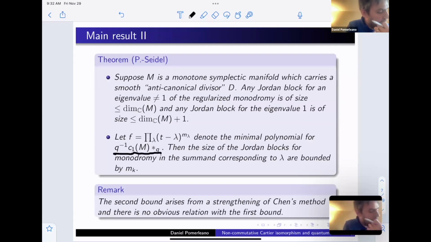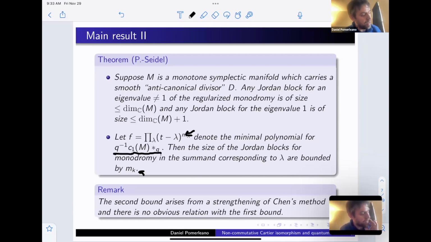And then what happens here? So for each eigenvalue, we get a quantum multiplication. One gets a regularized monodromy, and then the size of the Jordan blocks of those monodromies in this case are bounded by the largest Jordan block that appears in quantum multiplication. So the exponent that appears in this minimal polynomial. Hopefully what I'm saying makes sense. There are two different Jordan block sizes here, one about quantum multiplication and one about these regularized monodromies that appear in each